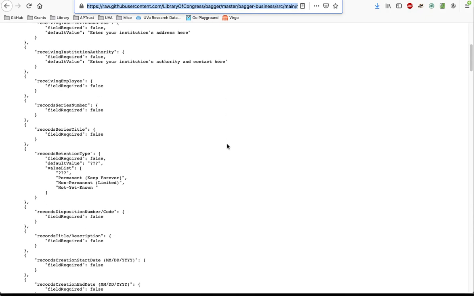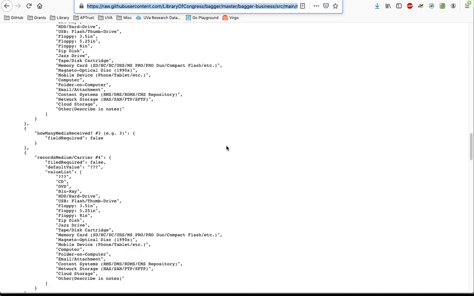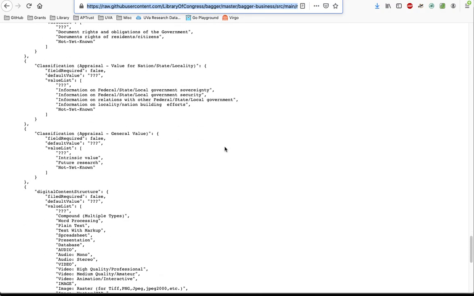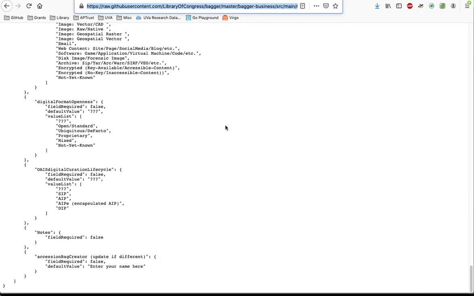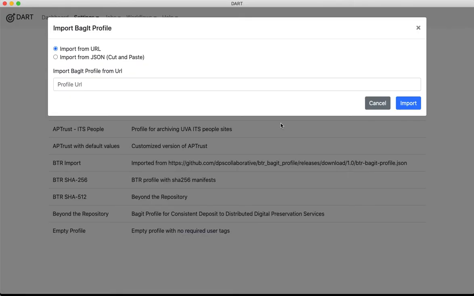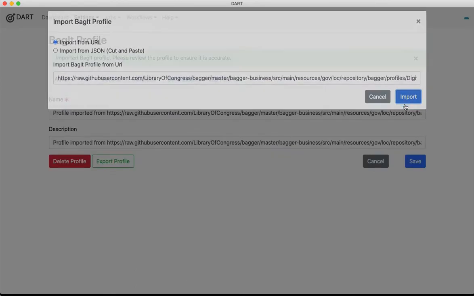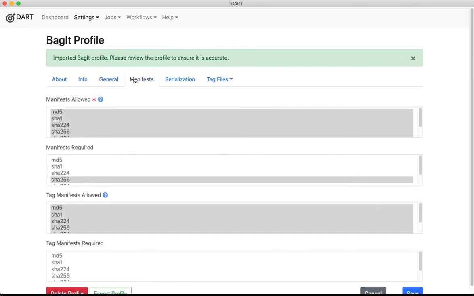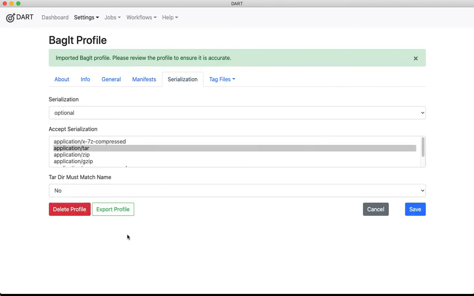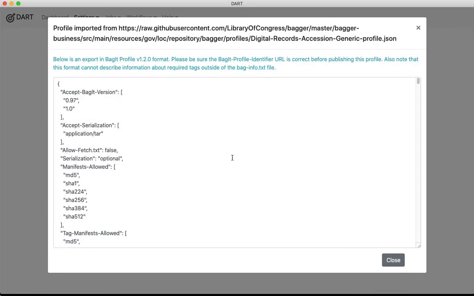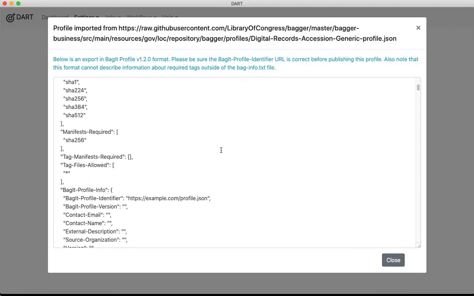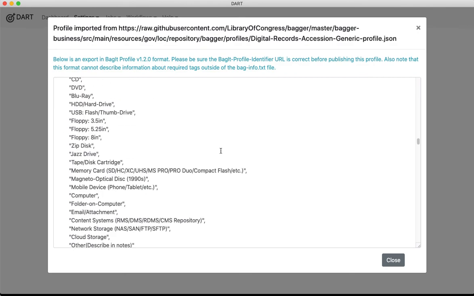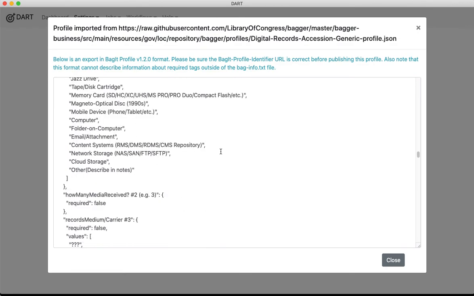It doesn't look like the JSON in the other profile, but it's pretty specific and well defined. We can take this old format from the Library of Congress, import that, and then we can customize it if we want, or if we export it, it's going to export to the new standard format.